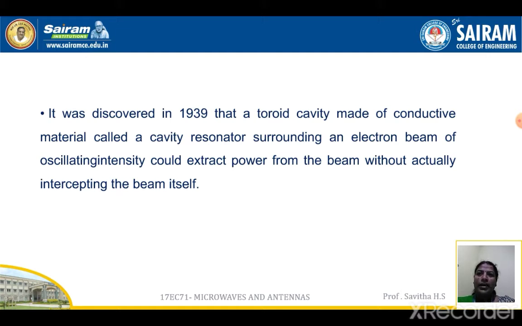The oscillating electric and magnetic field associated with the beam echoed inside the cavity in a manner similar to the sounds of a traveling automobile echoing in a roadside canyon, allowing radio frequency energy to be transmitted from the beam to a waveguide or coaxial cable connected to the resonator with the coupling loop.